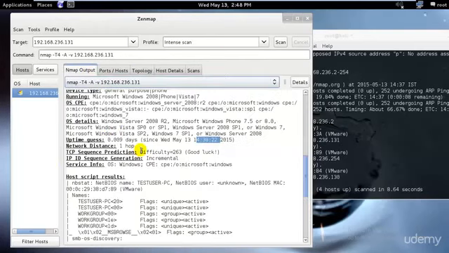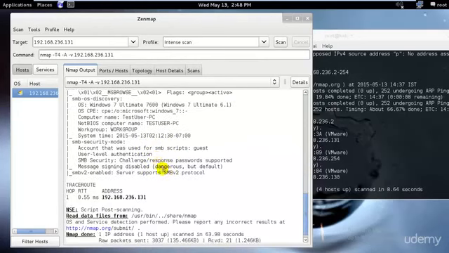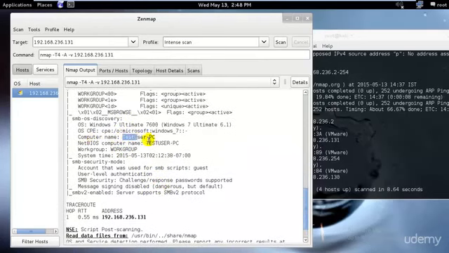And as you can see, we have the TCP sequence prediction, that is 263. That means we can easily go ahead and penetrate into that. Again, the operating system is Windows, and we have all the information that we need. So the computer name was test user, since